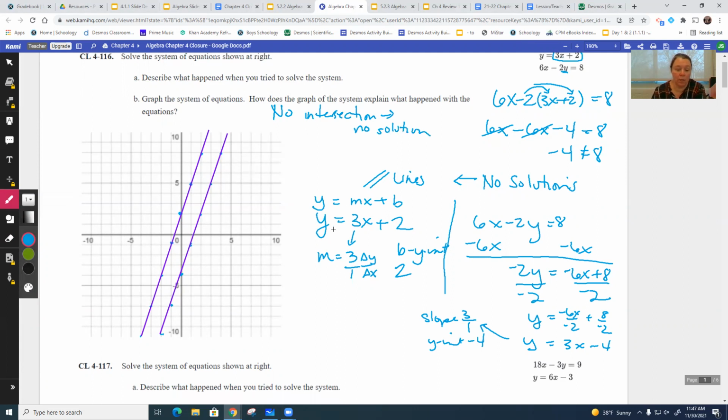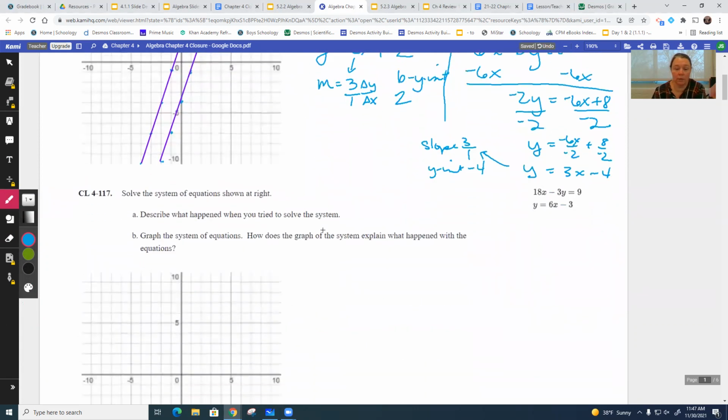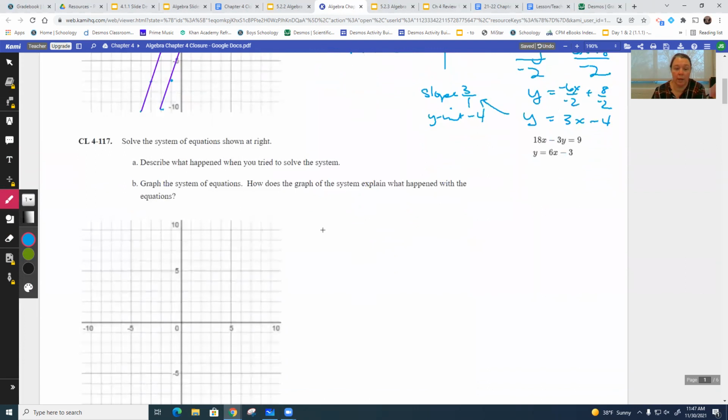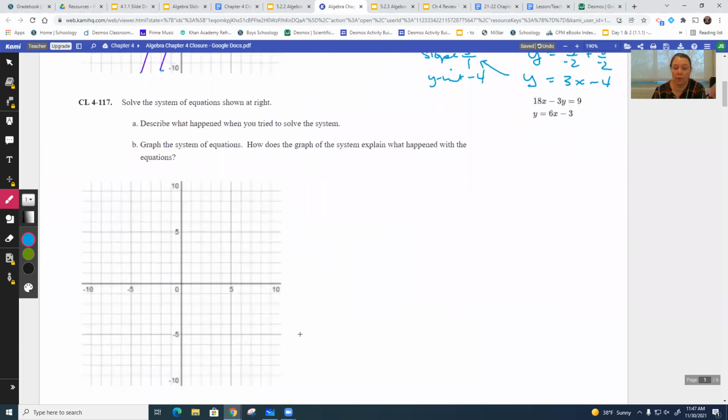All right, so let's look at 117. Same idea, we're going to solve the system, and then we're going to graph the equations, and again, explain how graphing explains what we got for our answer. This looks like a good substitution candidate again. I have y equals 6x minus 3. So right here, in place of the y, I'm going to substitute in